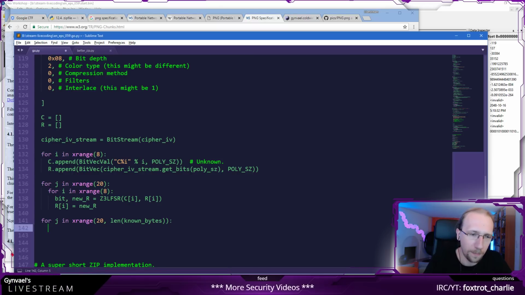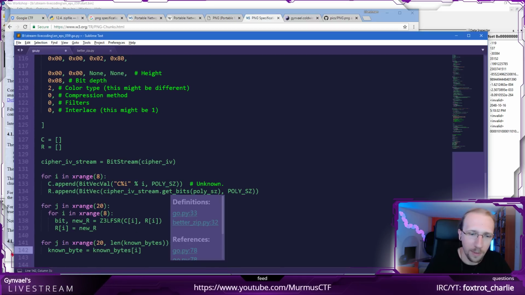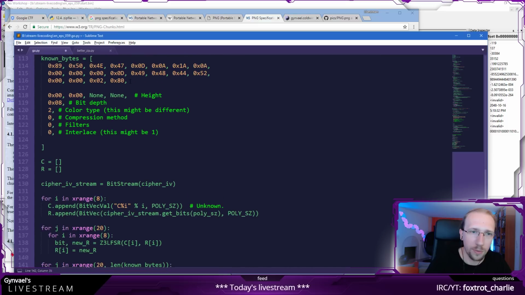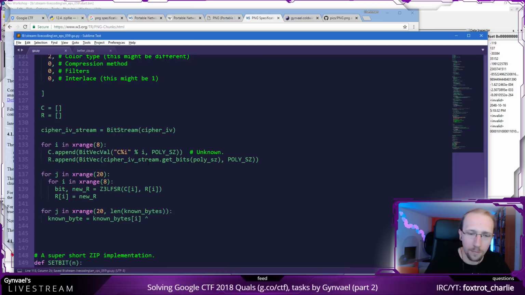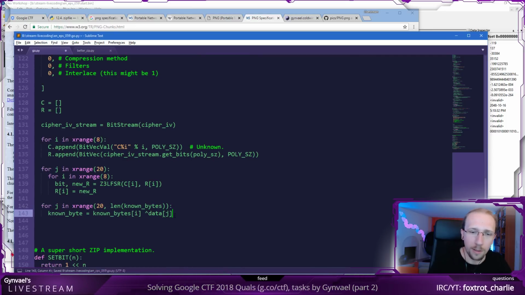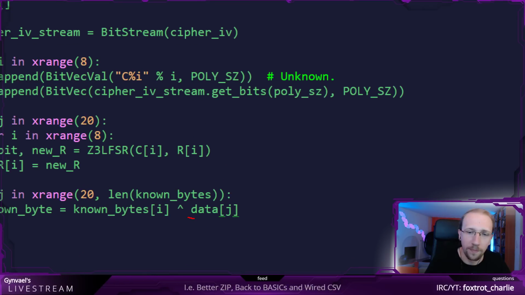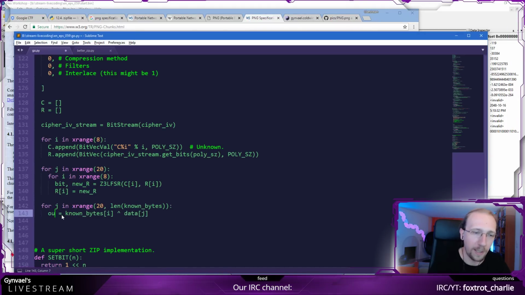I want to, well, first get the known byte, which is the known bytes of i, XORed by the data. And I'm actually going to assume that the data here is a byte array. Data of j. And this is the known byte, so the data is again the known byte XORed with the output. Sorry, so this is the output byte, like the key stream byte.